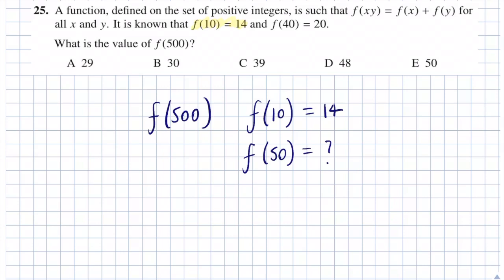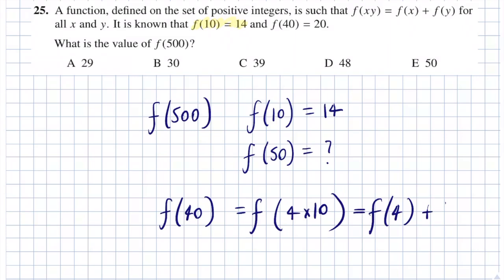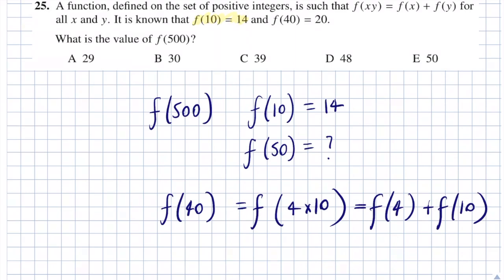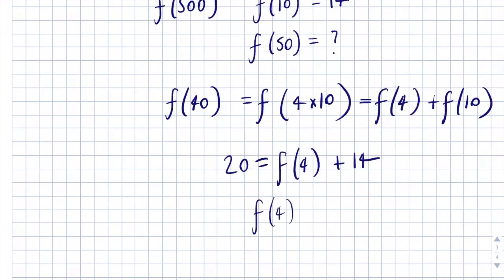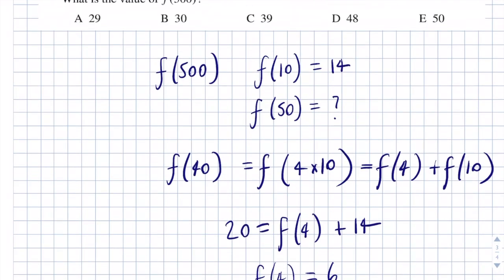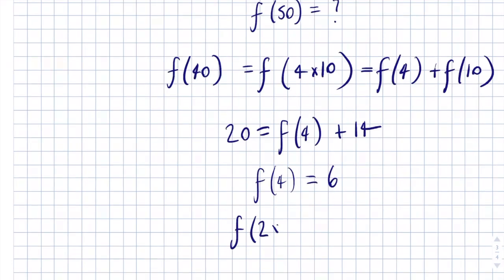And if we use the fact that f(40) is equal to f(4 times 10), then that's going to be equal to f(4) plus f(10). Well, we've got an answer for f(40), which is 20, so we could say 20 equals f(4) plus 14. And we could rearrange this to get f(4) equals 20 minus 14, which is 6. Okay, but f(4) doesn't really look like it can help us in any way. But from f(4), we can easily work out f(2), because it's going to be f(2 times 2),